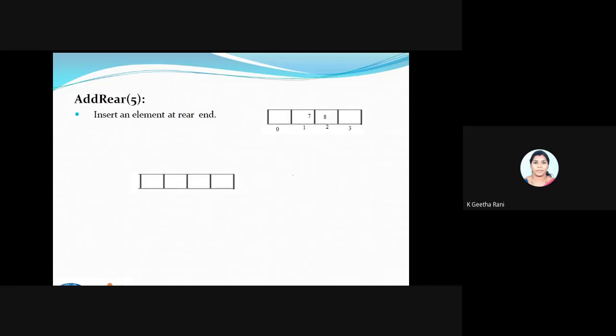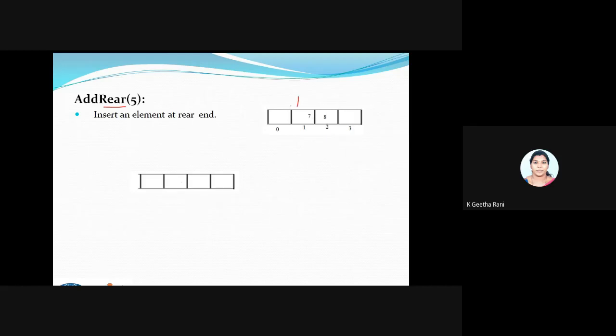Fine. So we will see the first thing. We'll call it add rear of. What is the meaning of this add rear of? I'm going to add an element at the rear end. Since I'm going to add the element, I'll pass the 5. Assume it's going to be a function or something like that. So I have to add it at the rear end. Now assume this is my array.